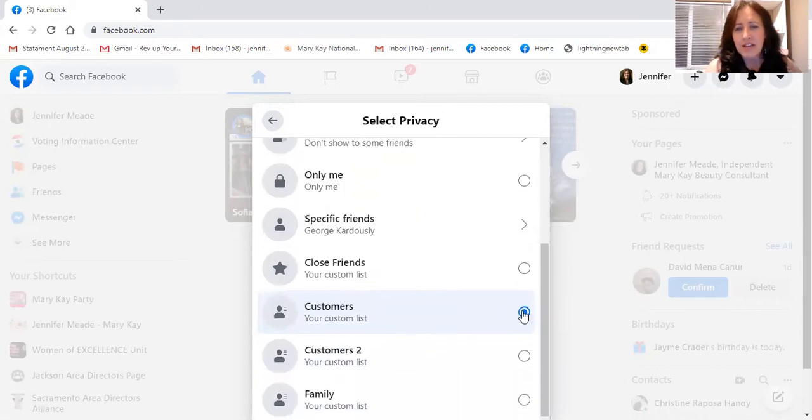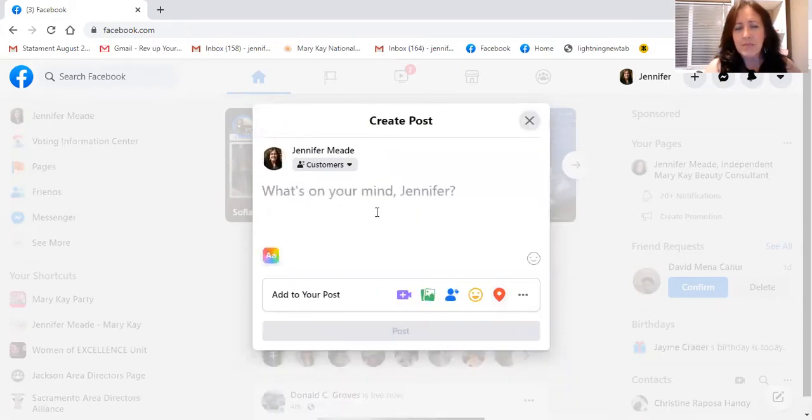So if I just click customers, because I only want that group to see it, now I can type a post, click post, and only those people in that group will see the post. To me, this is great because I have a customer